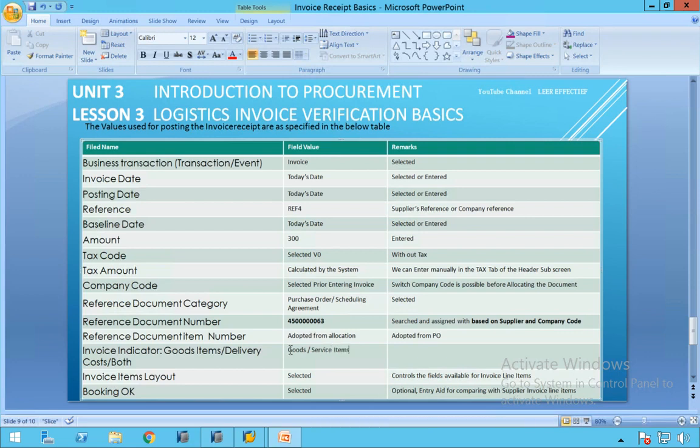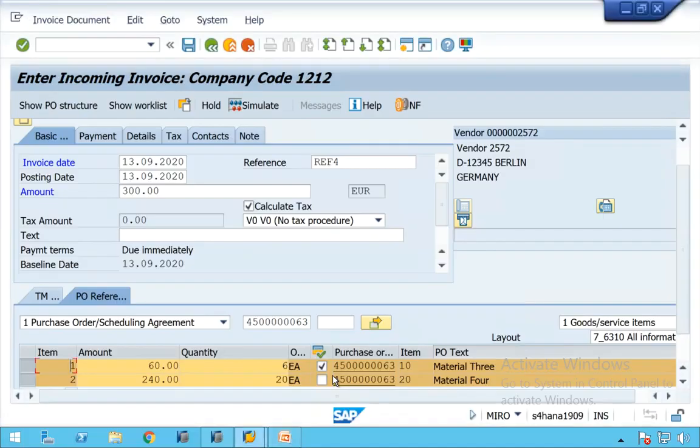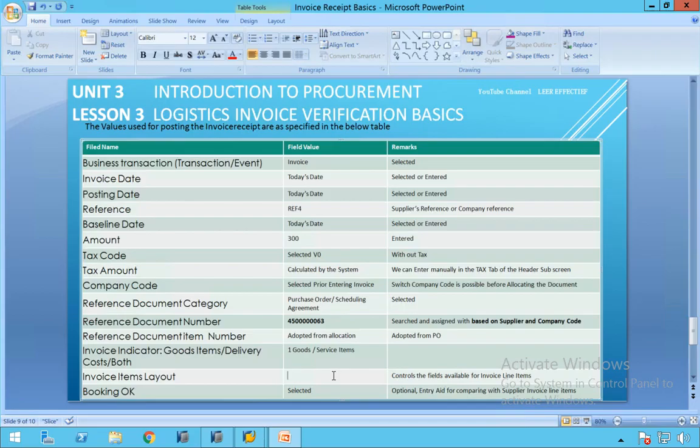And what is the key? 1. And what is the layout we have selected? 7_6310. All information layout we have selected.